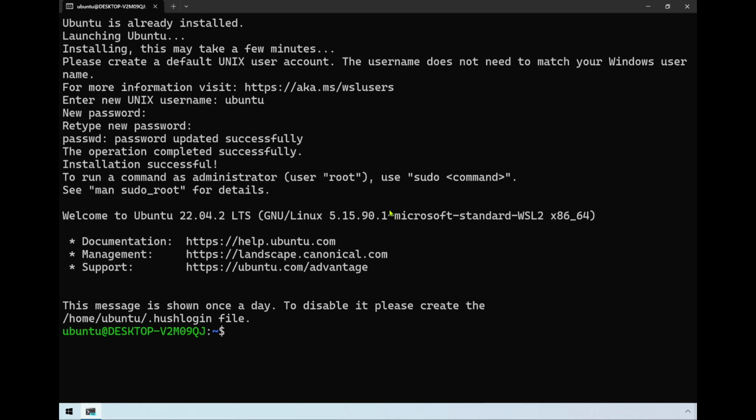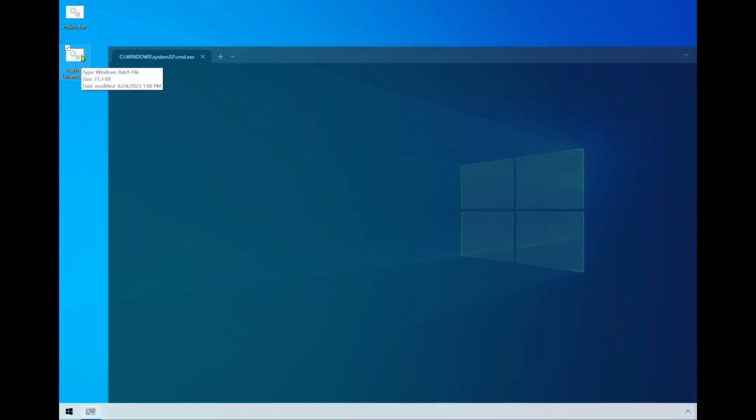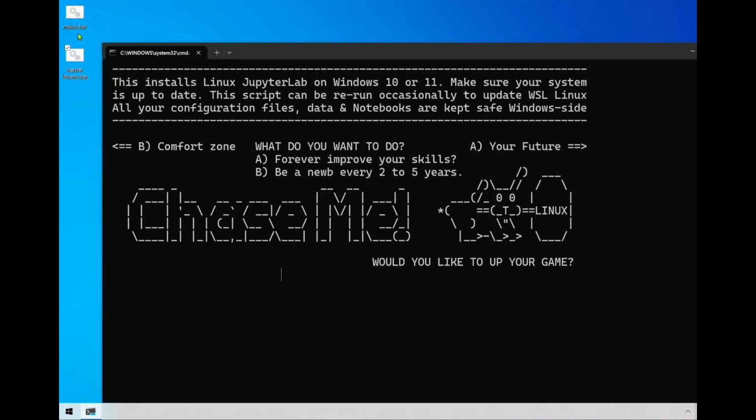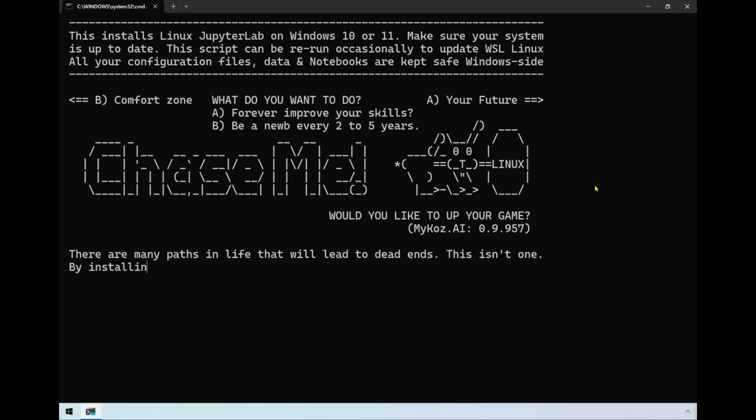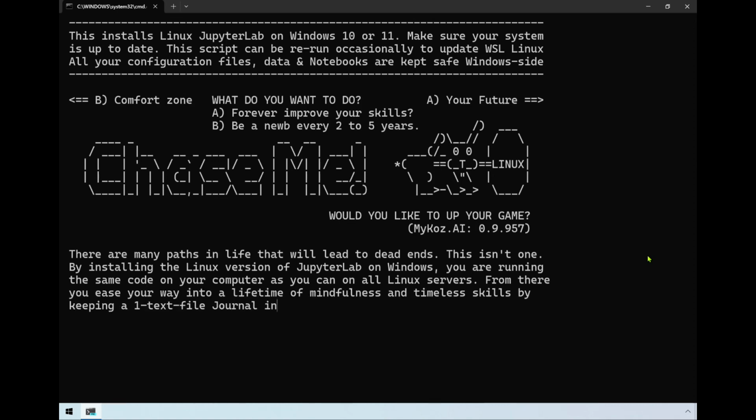The Linux operating system is very much modeled on the Unix operating system, so they're very similar. But we can just close out of this, and now we can finish running our MyKoz script, not this one over again, but the Jupyter Ubuntu one. And what this does is it really replaces the Ubuntu that was just put on there with one which is hosting Jupyter notebooks from the Python side.